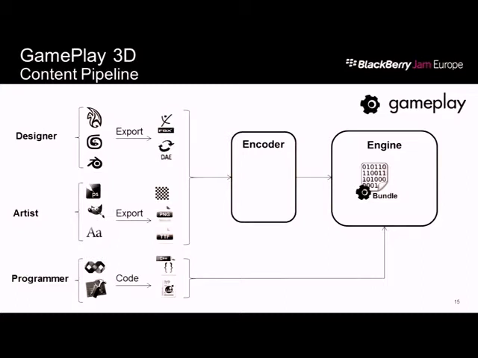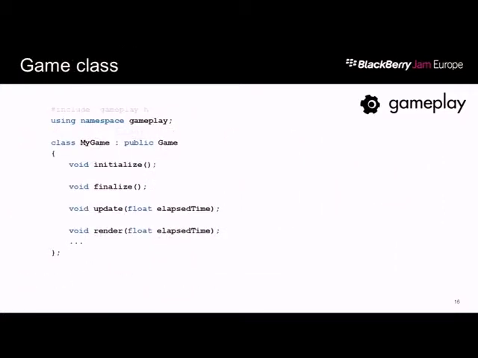And then the programmer can use Visual Studio, Xcode, or whatever tools they want, and then they can write in C++ or Lua, and then you're going to bring that into the game. So this is kind of a walkthrough of, there's more methods than this on the class. All you have to do in your code is extend a game, and then you're basically going to implement your initialization, finalize for your cleanup, and then update and render. That's going to happen every frame. And then you're going to have an elapsed time. Originally, we had long here, but there's precision issues, so float's better.